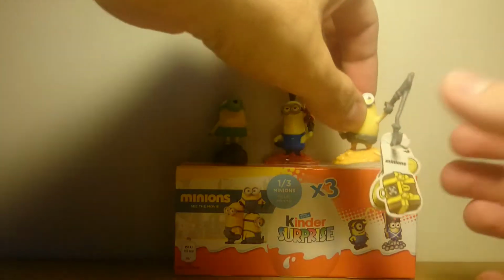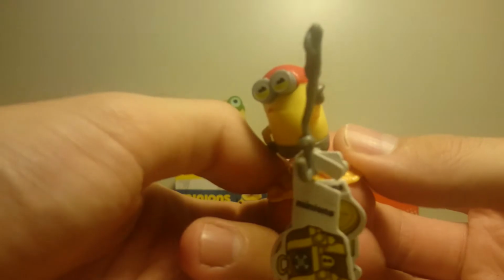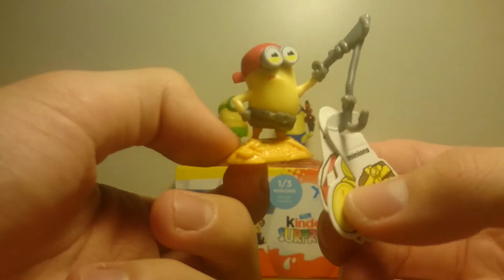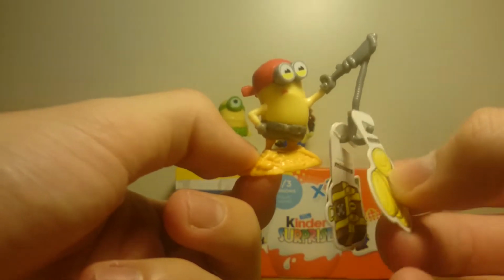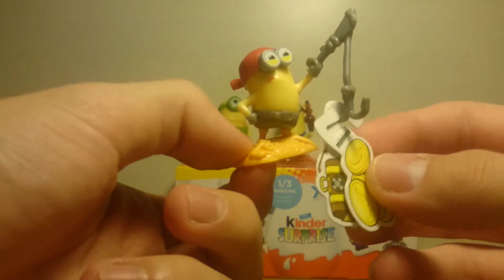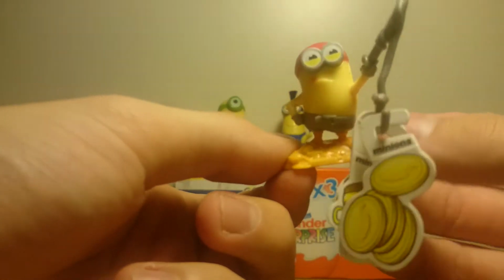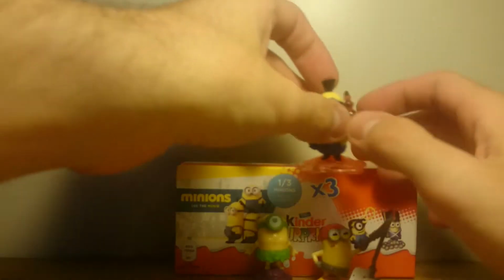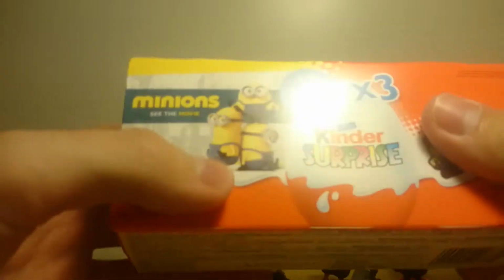And here for sure is the pirate Minion. Oh my god, so cool. And with all the treasures here. Oops, you guys. You just hang his treasures on his hook. Super cool. Well, I will stand them right here so we can open up this box of Kinder Surprise